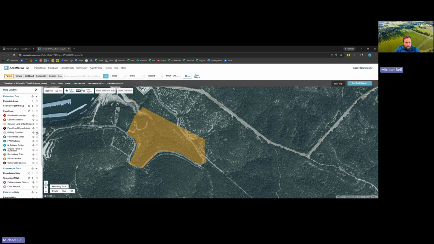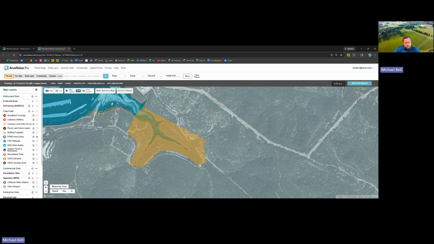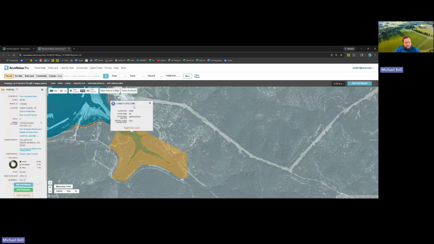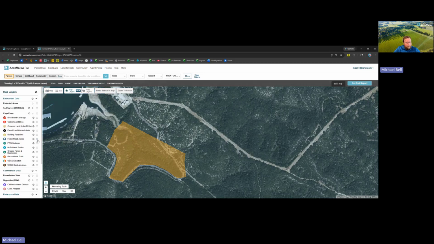Building footprints will identify any areas where there were buildings, so it doesn't look like there's anything built up here. FEMA flood zones: because it's right here next to the water, you see that there is a pretty large flood risk here, high. This comes directly from FEMA. So it looks like maybe about a third of the property is within that flood zone range. So that is something to keep in mind. And then finally, we can see if there's any water. As the flood zone here looks like, that water body ends in the property, and then the flood zone kind of extends around.